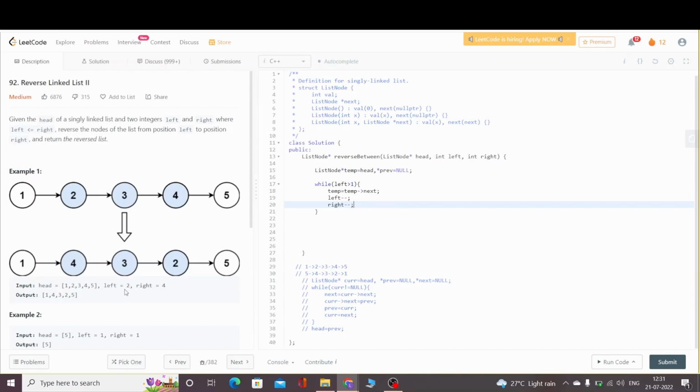value of right, because let's say if we are at this point, left is at 1, what should be right? According to our case, right should be 3. So let's see, it is 1 2 3. So we do require only these nodes to be reversed, and so on. So yeah, so what will happen then,